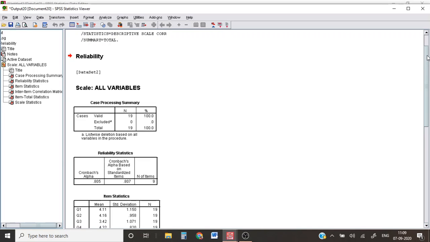But you should understand that before conducting Cronbach's alpha, you will first need to run a test such as principal component analysis. In the next video we will look at what principal component analysis is and how to run it. You can learn how to carry out principal component analysis before you compute the Cronbach's alpha test.